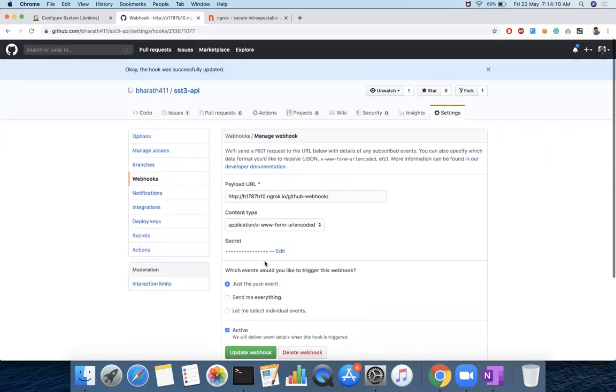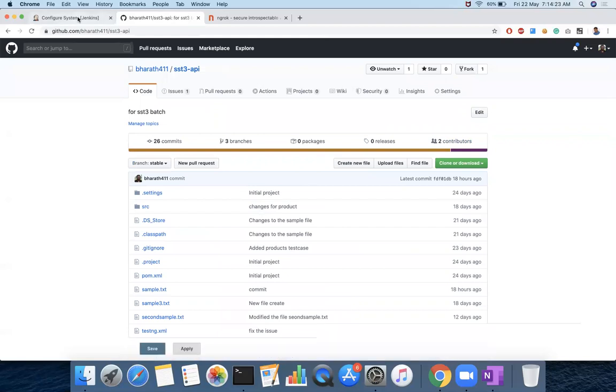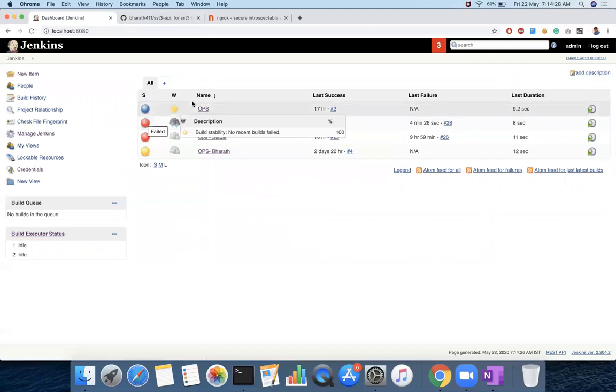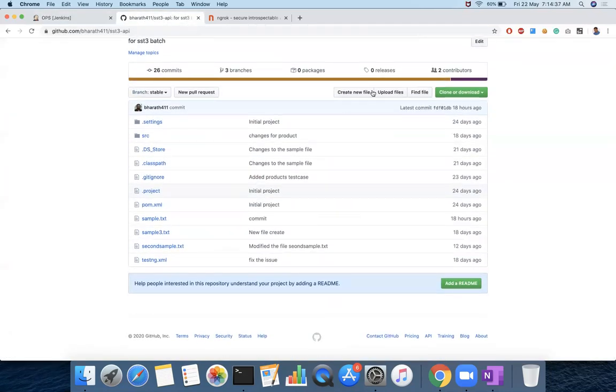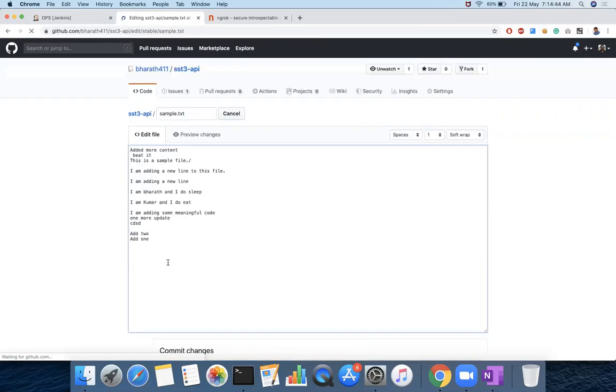Now the webhook is updated. So we'll test whether it's working or not. How do you test that? You make some code change, some push happens, and our build should automatically trigger. Now it is build 2, so next will be build 3. How do you do that? You can do it from any local service, or I'm just testing it here.